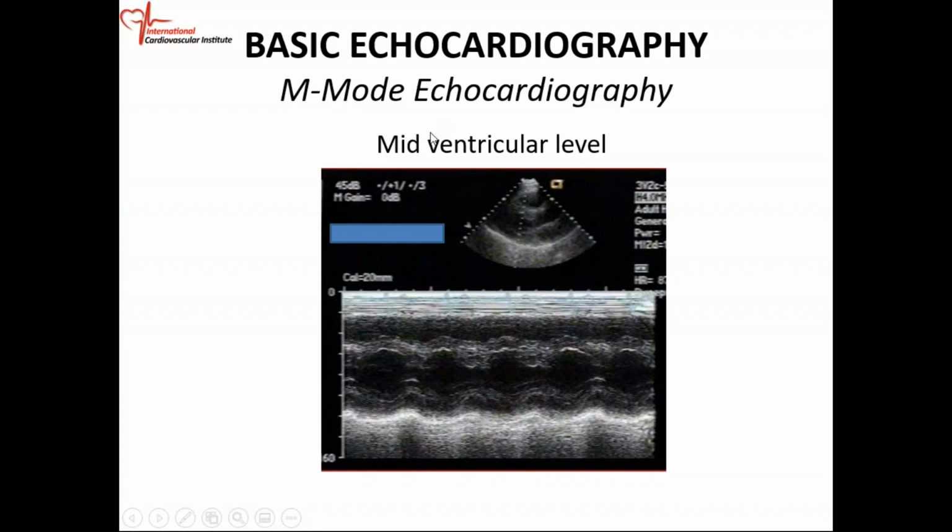All right, so again, we're going to look at normal structures. One of the normal structures we look at is the M mode at the mid-ventricular level. So on top, you have your two-dimensional echo. And just for orientation again, this little symbol is your probe or transducer. And then this is the heart, and this is your cursor. The cursor indicates the different structures that the M mode is looking at. So again, your transducer probe is right here.